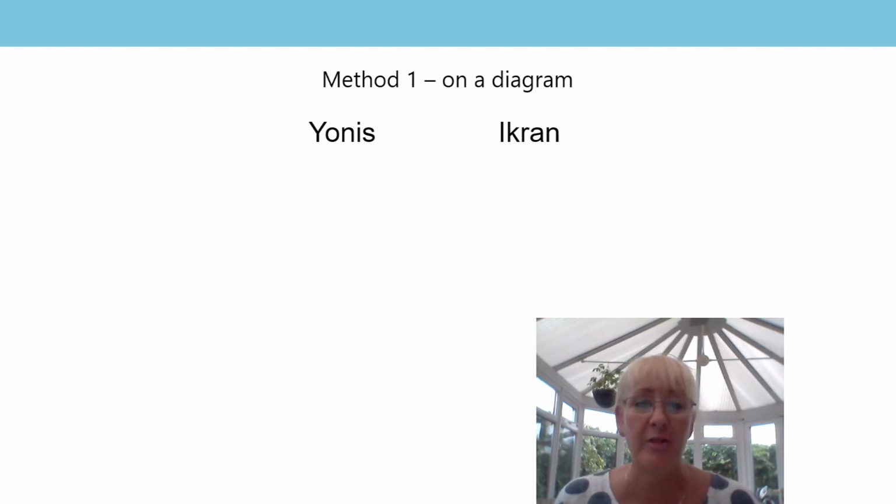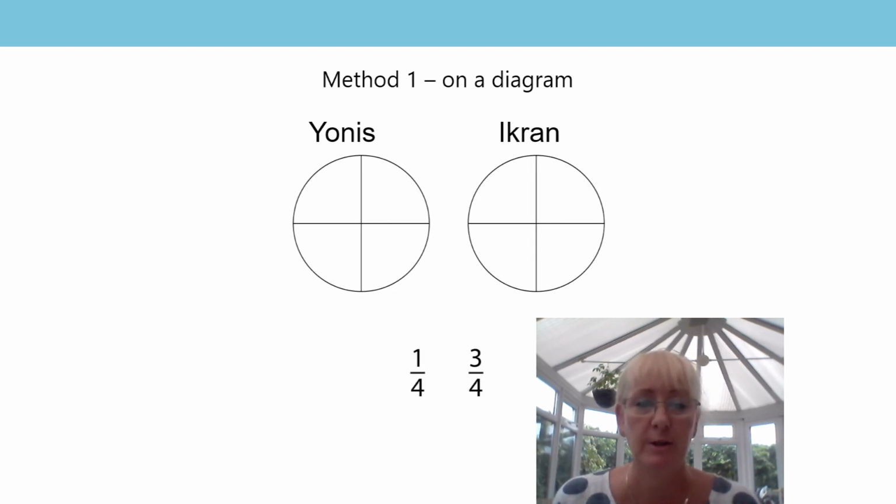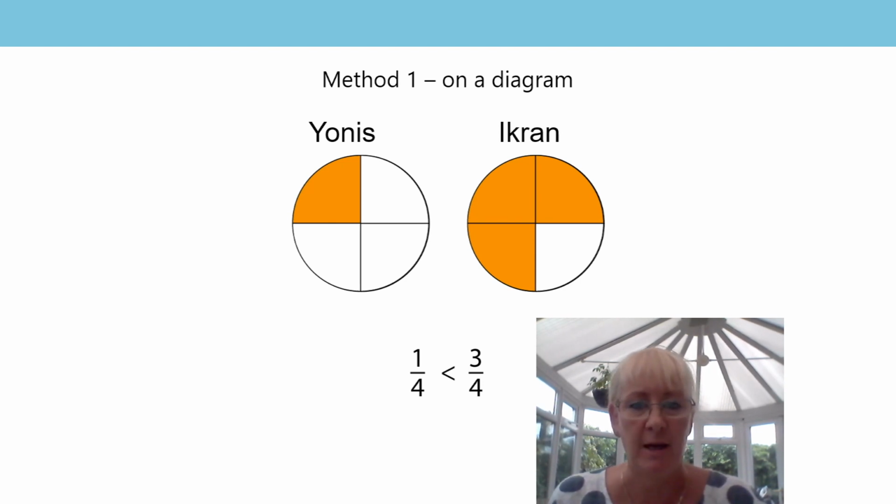Okay, well here's one method. You could have drawn two circles to represent the orange and shaded in 1/4 to show what Yonis had and 3/4 on the other one to show what Ikram has. And this will visually prove that 1/4 is less than 3/4. Now, we can put in the inequality sign, the symbol between the two fractions, to show that 1/4 is